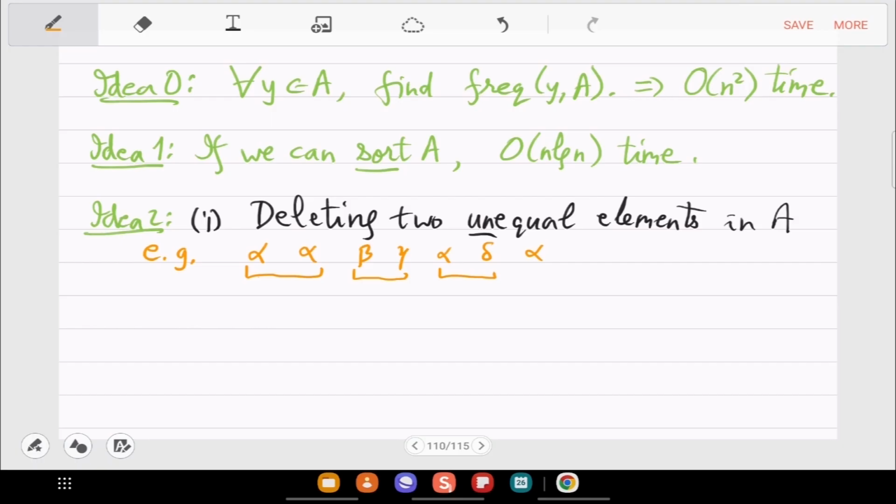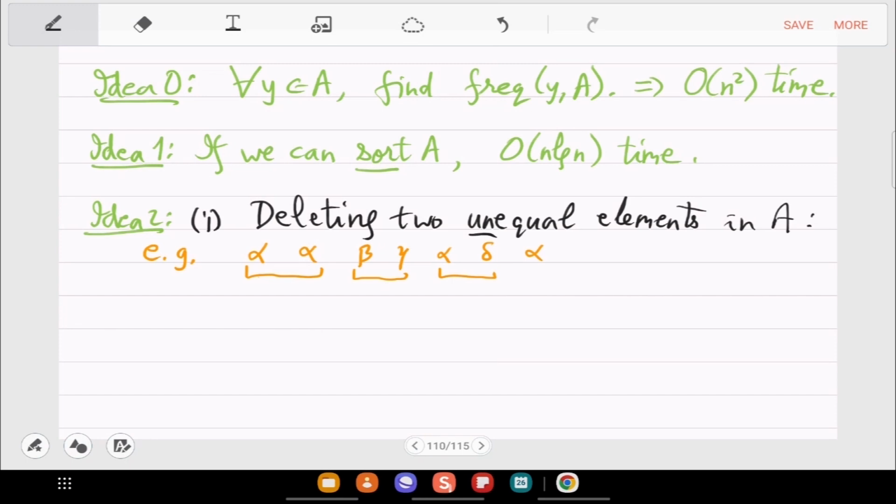Sir, yes. But if there is some other thing in place of alpha, then alpha will not be half majority. For example, the first two elements are both alpha. If we take one alpha, something else.